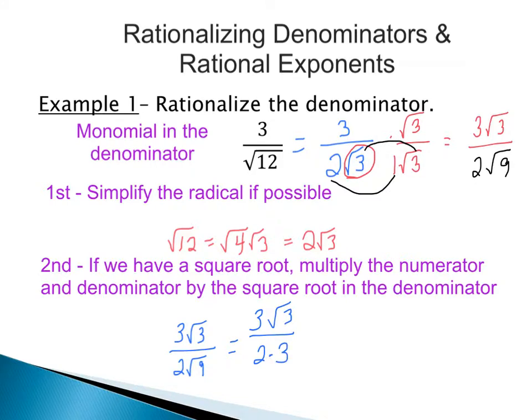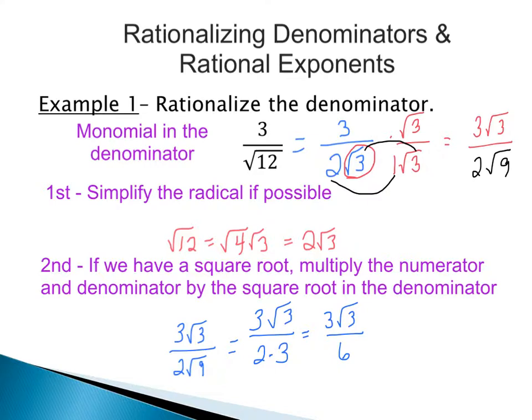So with rationalizing, we can see that when we multiply by that same exact square root of 3, square root of 3 times square root of 3 becomes square root of 9, but then the square root of 9 is just 3. As shorthand, you can just skip that second step and say square root of 3 times square root of 3 comes out as just 3. So with square roots, that's why we can multiply the numerator and denominator by just a square root. Continuing to simplify this then, our denominator would be 3 times 2, which would be 6.